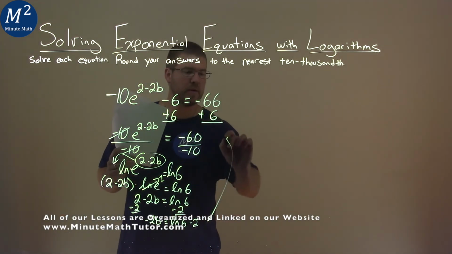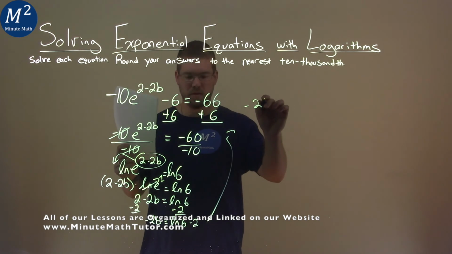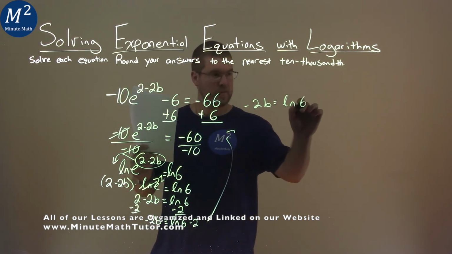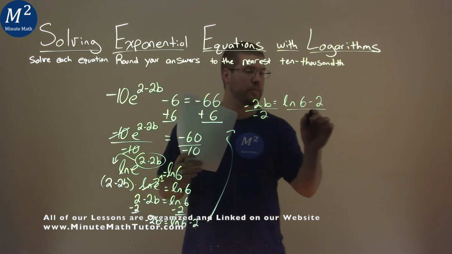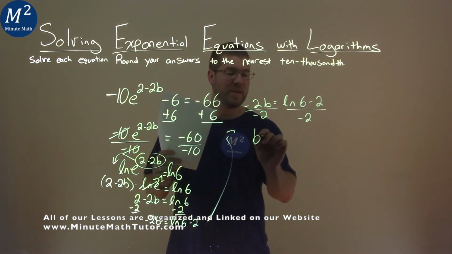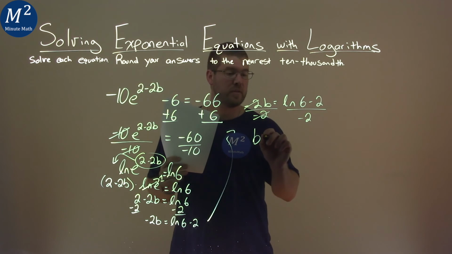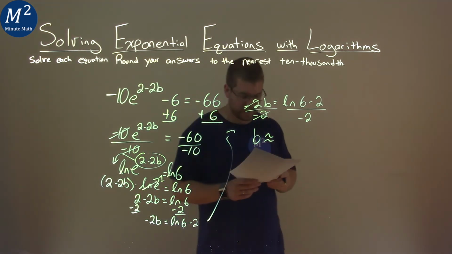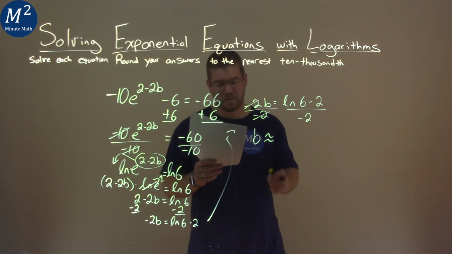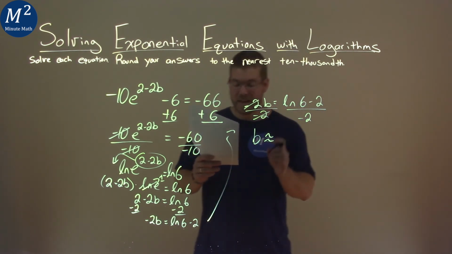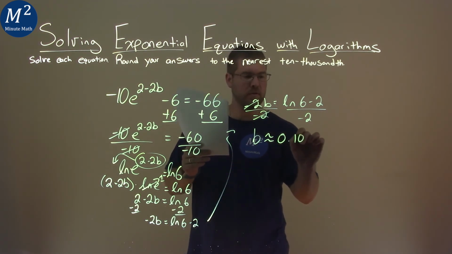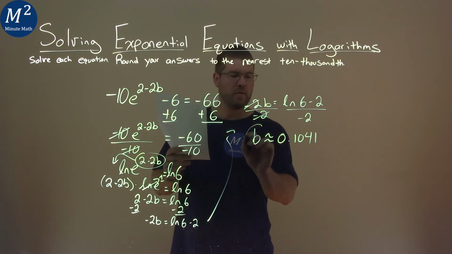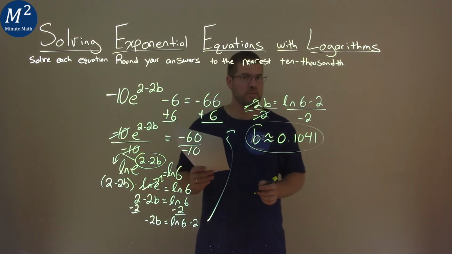I'll rewrite that up here. Negative 2b is equal to natural log of 6 minus 2. I now divide both sides by a negative 2. And I'm left with b by itself right here. Now it's going to be approximate, and we're going to use our calculator. A natural log of 6 minus 2 divided by a negative 2 comes out to be approximately 0.1041. And so our final answer here is b is approximately equal to